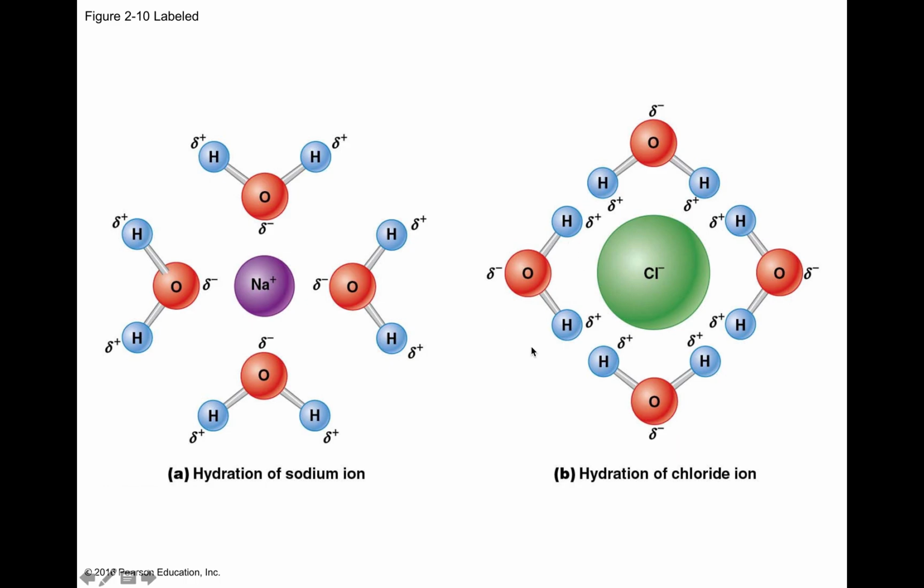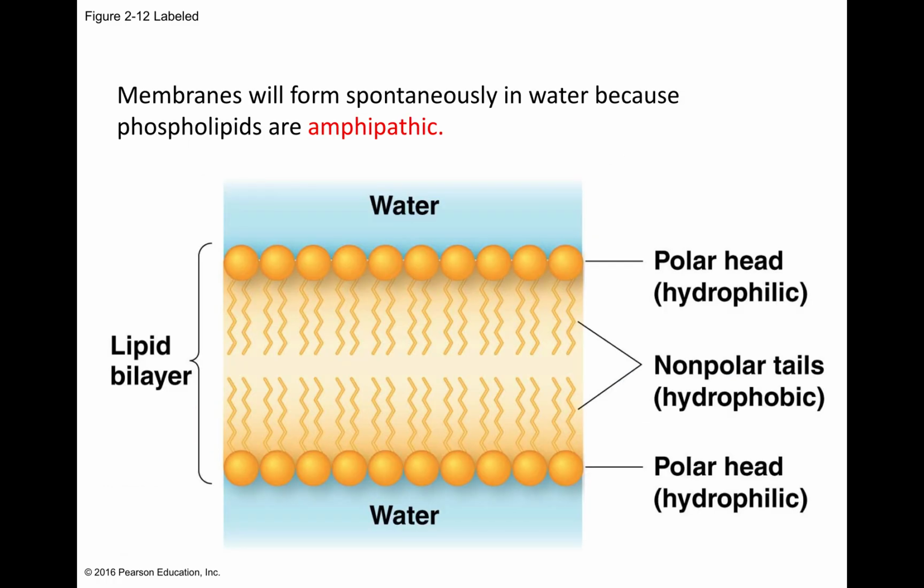An example of how water can be an excellent solvent: if you have sodium chloride here, you take sodium ions, and the partial negative areas of water molecules orient toward the positive sodium ion, and the partial positive poles of water molecules orient toward the large chloride ion, and sodium chloride dissolves in water as a result of that. So water is a polar molecule.